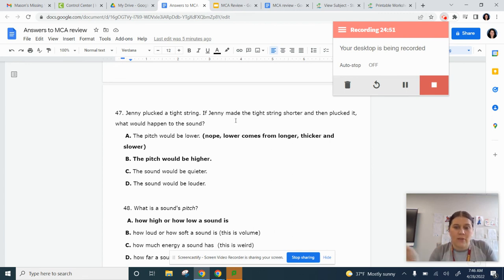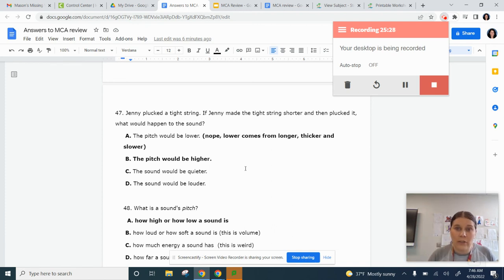So the tighter the string, the shorter the string, the tighter, did I say that already? The pitch would be higher. Now, if on Study Island you get a question about what always makes pitch change, it's how fast they're moving. Changing the material doesn't always change the pitch. It can, but not always. What always changes the pitch is the speed of the vibrations, and your notes would say that. So make sure if you get that one on Study Island, it's how fast they're going.